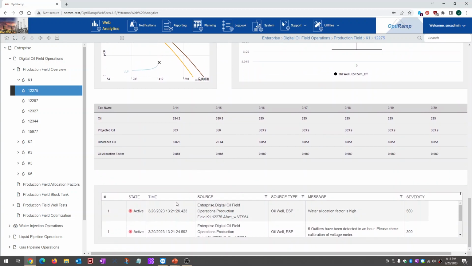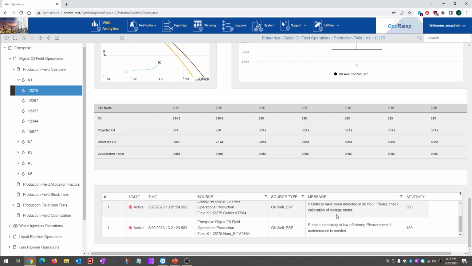And then at the bottom here, we have different notifications. So as you can see, I already talked about the water allocation factor is really high for the system. We also have a couple notifications here about outliers. So what our system does is it creates a kind of a mean, and we can deploy how many sigma for how far away you are from the bell curve. So it basically creates a bell curve out of the data